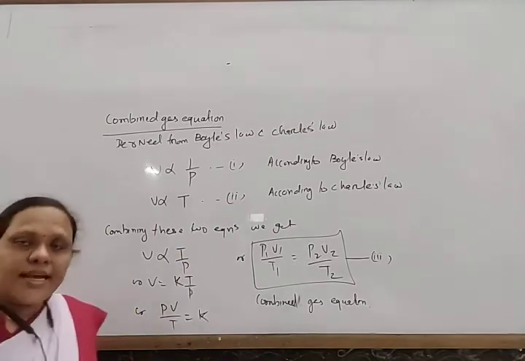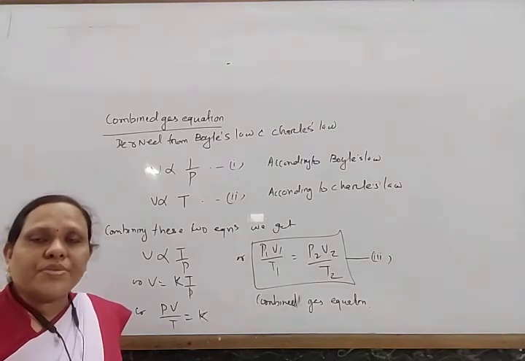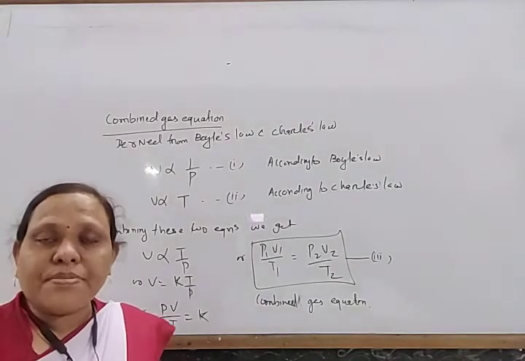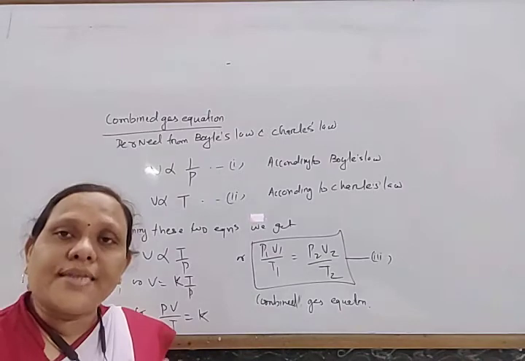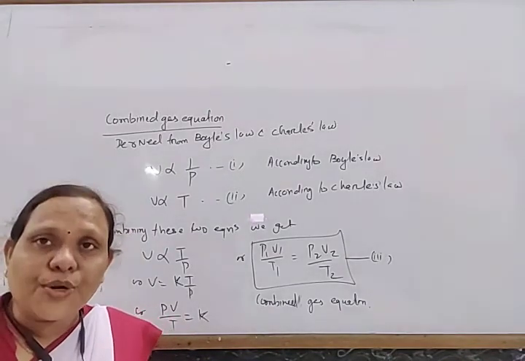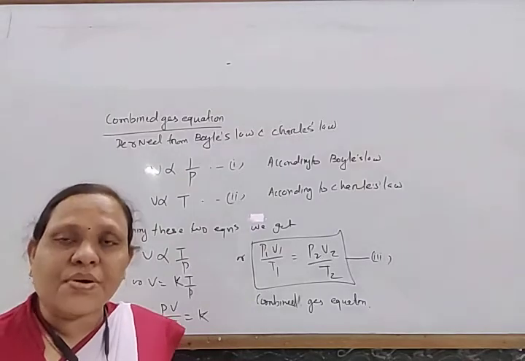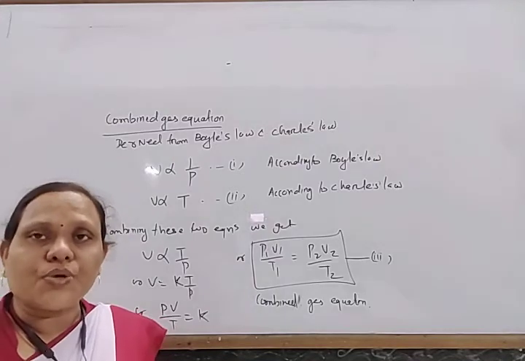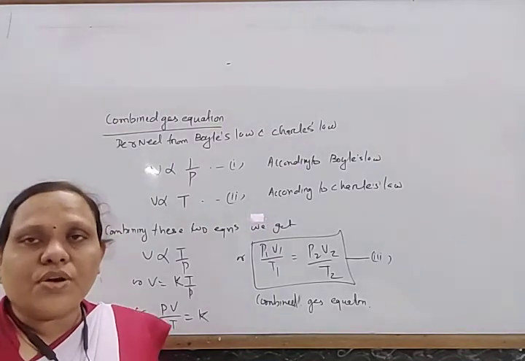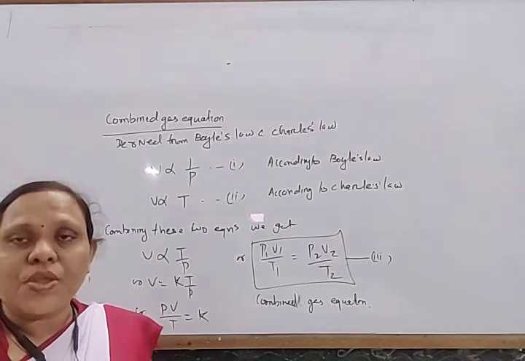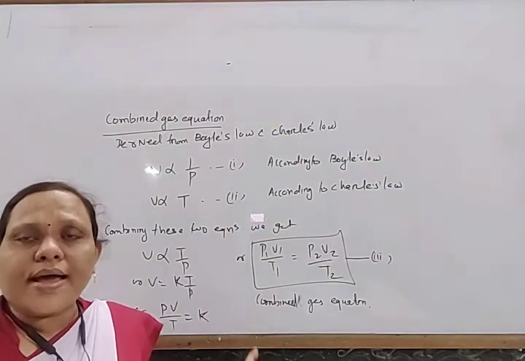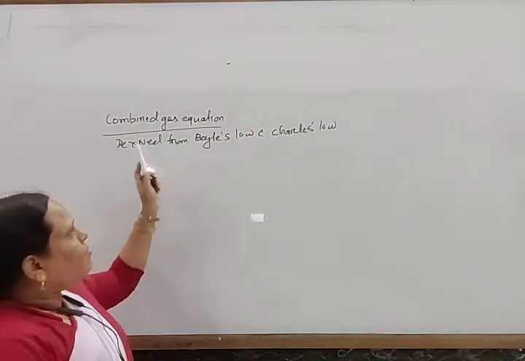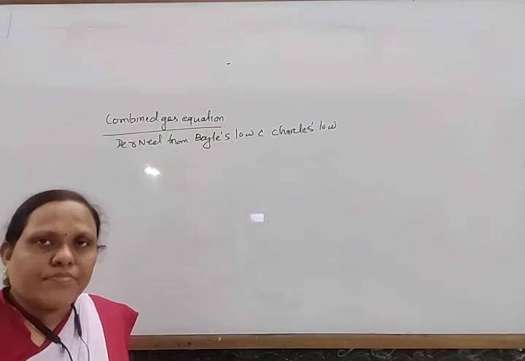This is helpful to determine the volume of a gas at NTP. If the gas is collected by experiment at room temperature, at a different temperature and pressure, then we have to find out its volume at NTP or STP condition. Then we apply the equation P1 V1 by T1 equal to P2 V2 by T2, where pressure, volume and temperature all change. This can be solved by another method also. This law is derived by applying Boyle's law and Charles' law one by one.